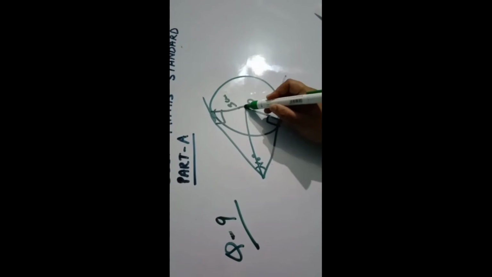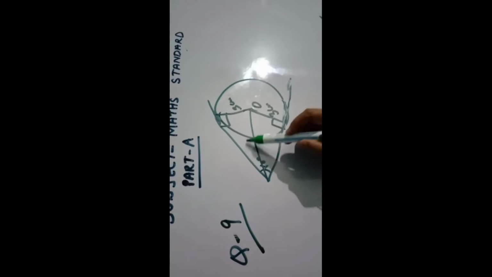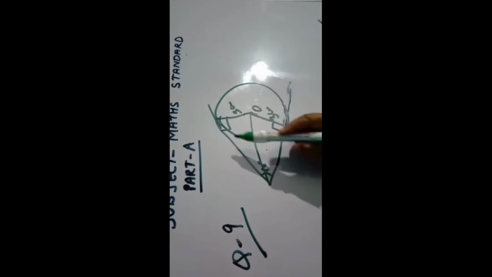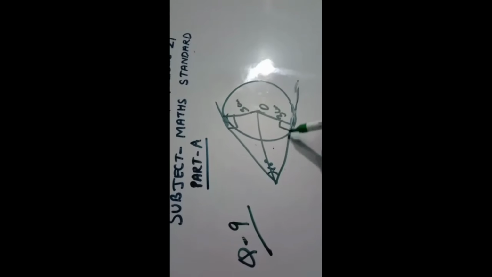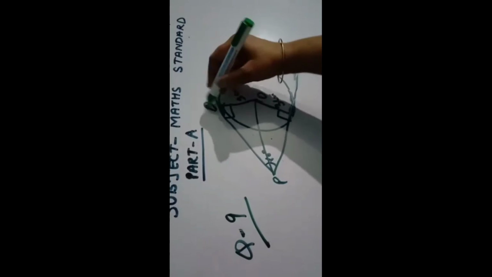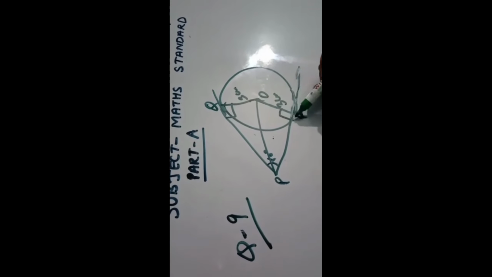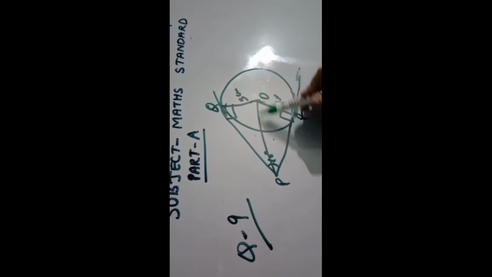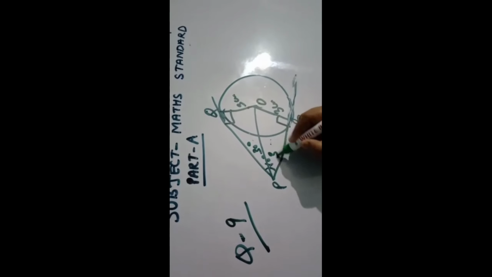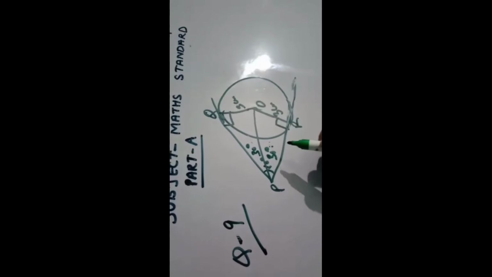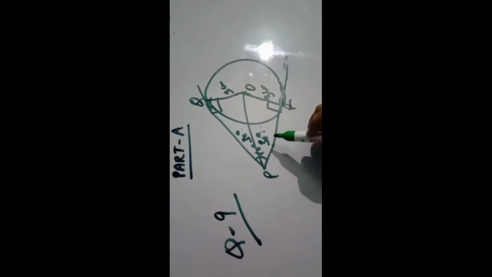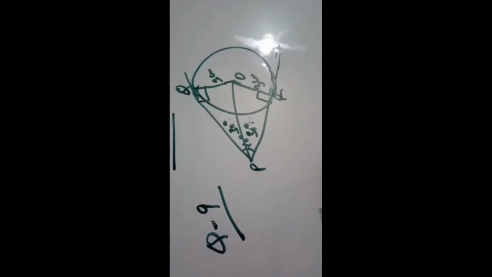So if you draw a line segment here, this triangle will be congruent to this triangle because they are tangents from the same exterior point. Suppose you take here PQ is equal to PR. This is 3 centimeters, this is 3 centimeters, and one line is common. So these triangles are congruent. So this will come 30 and this will also come 30 degrees. Now what you have to find is the length of each tangent, means PQ you want to find.